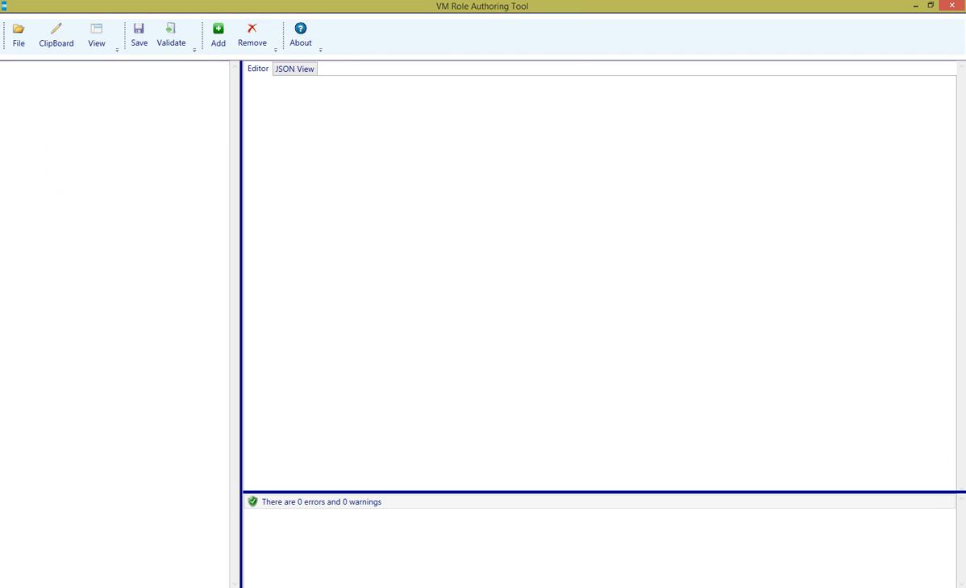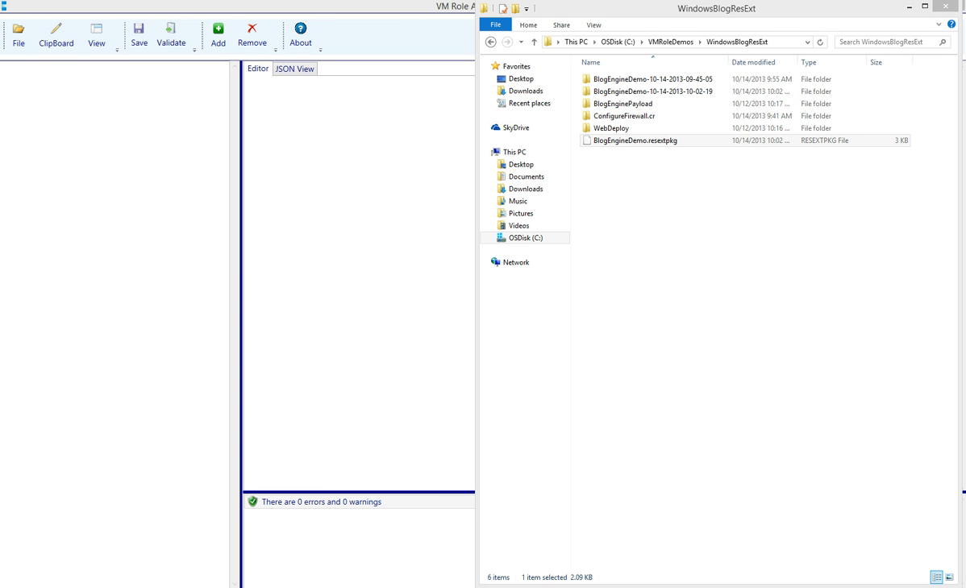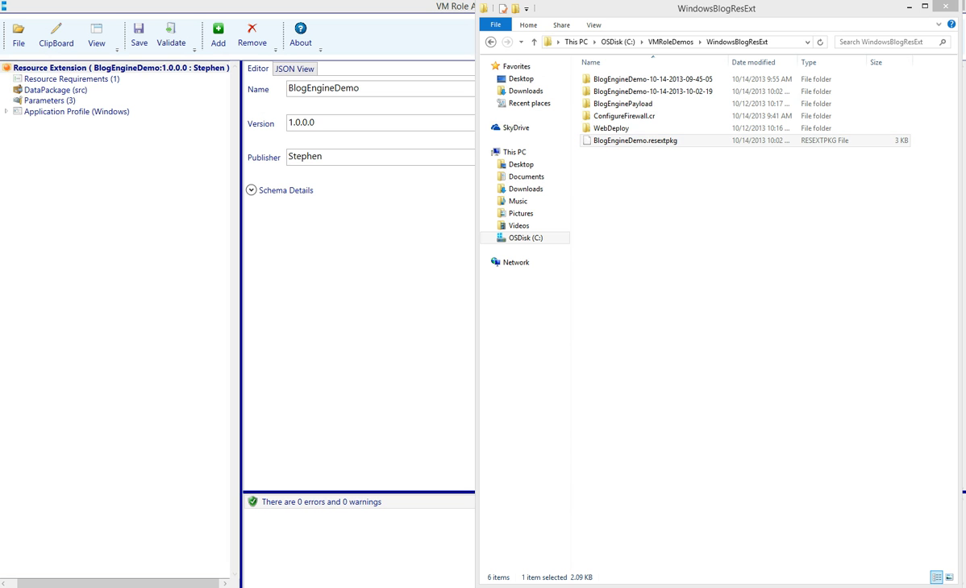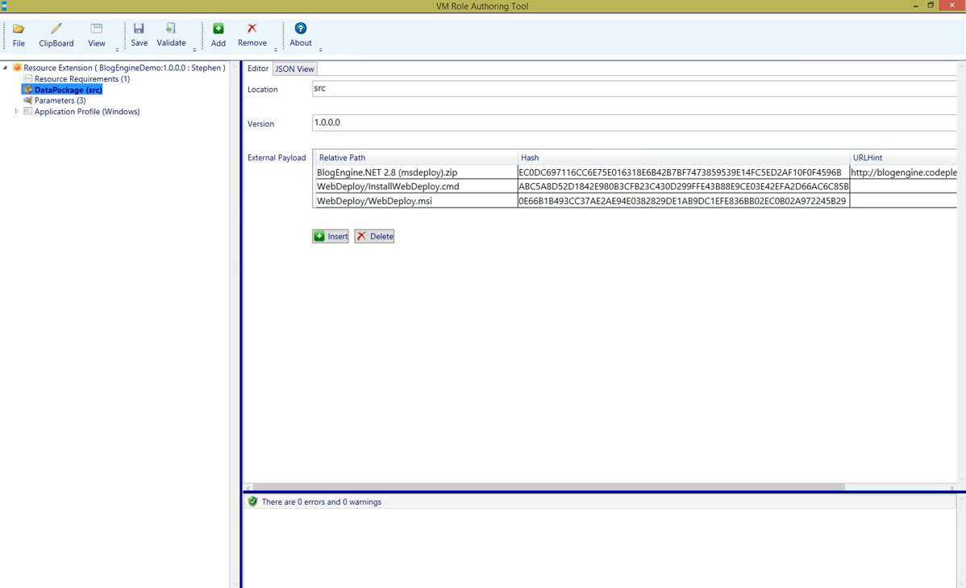Now that we have our resource extension and it's bound to an existing resource definition, the next step in the process is going to be to import this resource extension to Virtual Machine Manager. And before I do that, I should point out one additional thing. In the resource extension package, you'll notice that our data package has a location of src. What this means is, when I go to import the resource extension in Virtual Machine Manager, I'm going to have